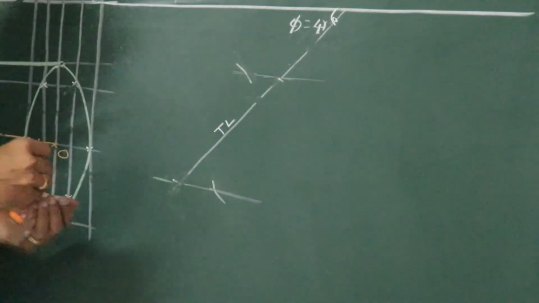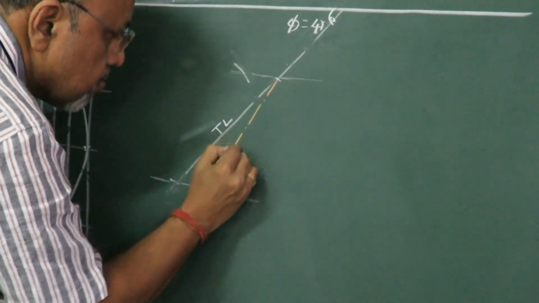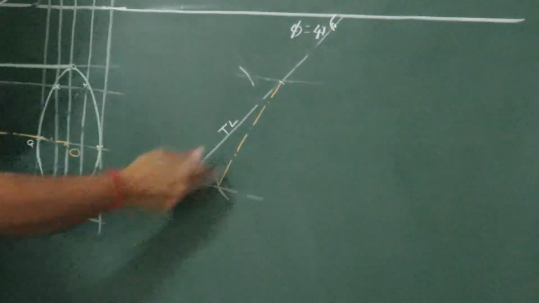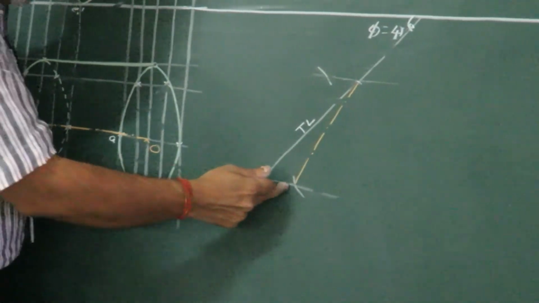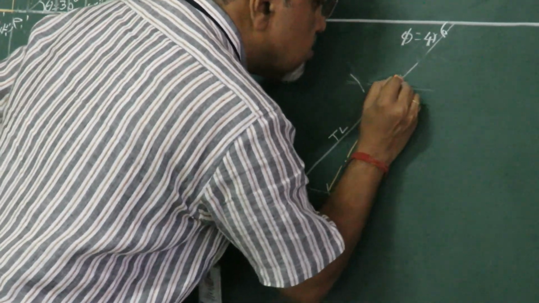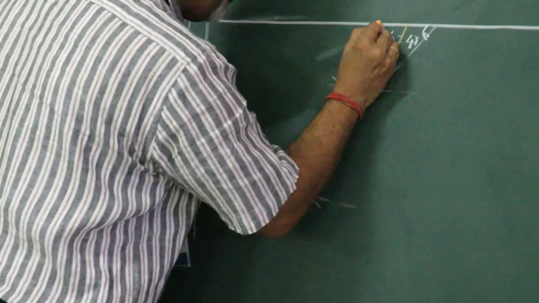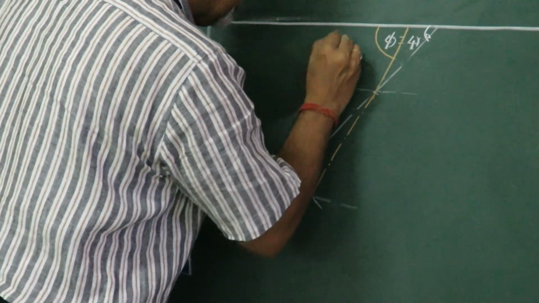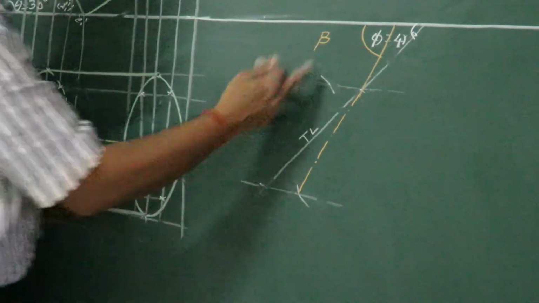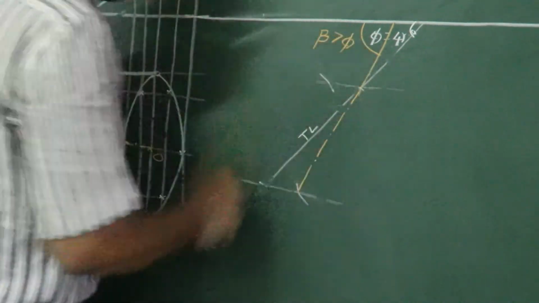So this, if I mark, you can just see this. This is my apparent length. Now, since this is the apparent length, if I extend this line and measure this angle, it is given by what? Given by beta. Now you can see this beta has to be greater than pi.